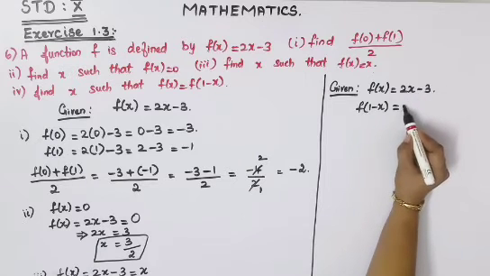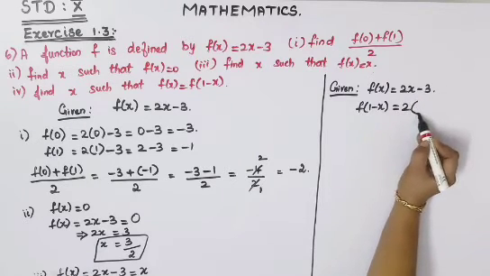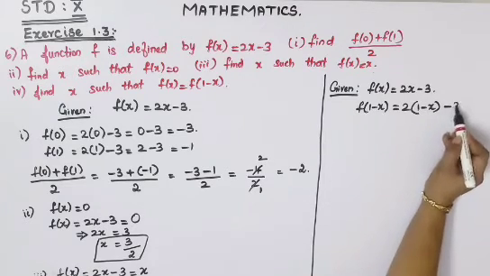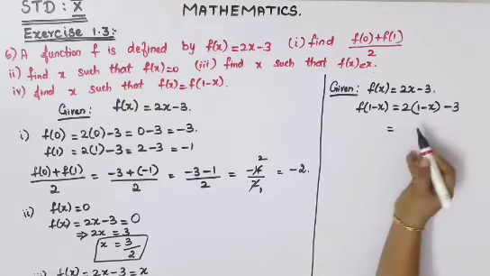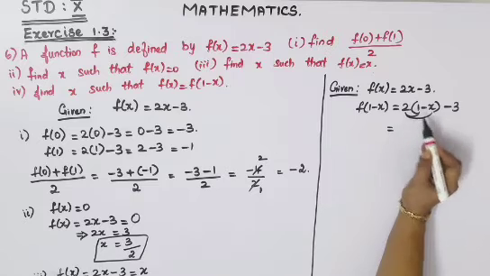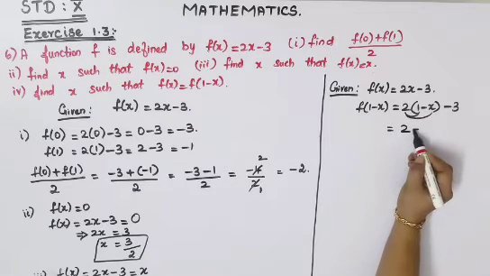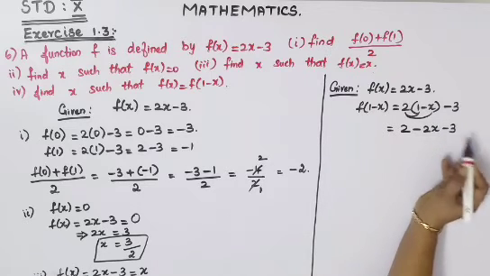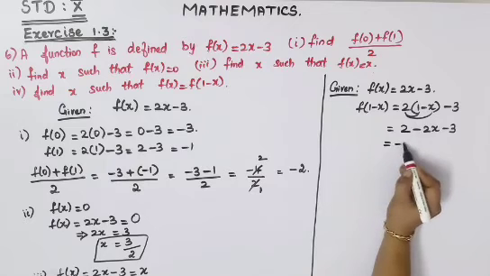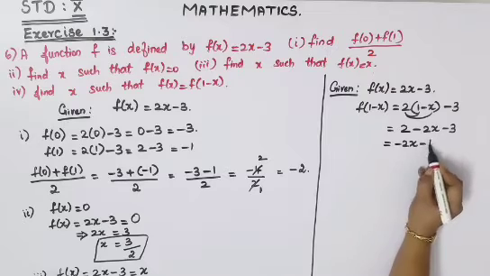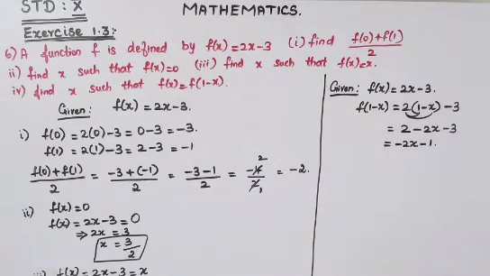So I'll just write this 2 as it is. Open your bracket. Instead of x you will have to write 1 minus x. Then minus this 3 is there as it is. Now we'll go for solving. Solving is nothing but just multiply this 2 inside. For 1 also you will have to multiply, and for x also you will have to multiply. So 2 into 1 will become 2. Minus is there as it is. So 2 into x will become 2x. Then this minus 3 is there as it is. So your next step is minus 2x, I will write before. 2 and minus 3, when you are solving you will get minus 1. So now we have got f of 1 minus x.